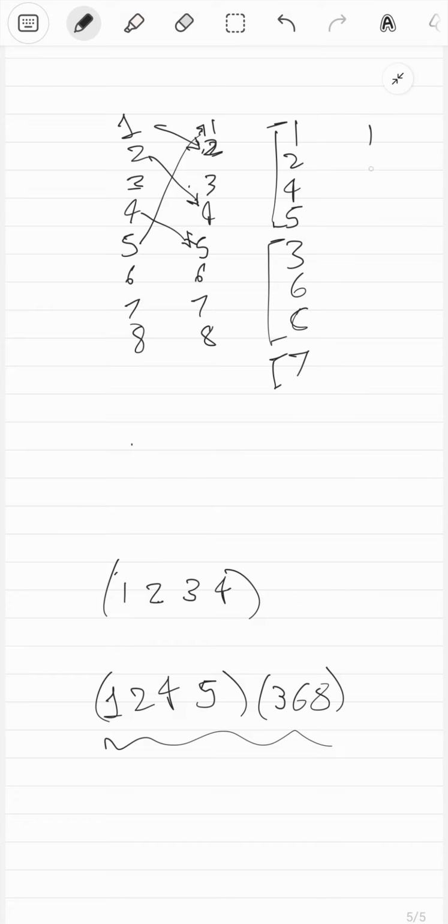So 1 2 4 5 over here. So 1 is sent to 2 is sent to 4, 4 is sent to 5, 5 is sent to 1, right? So that completes one part of this function. Then you have 3 6 and 8. So 3 is sent to 6, 6 is sent to 8, 8 is sent to 3, and that completes another one. So just with rearrangement you can